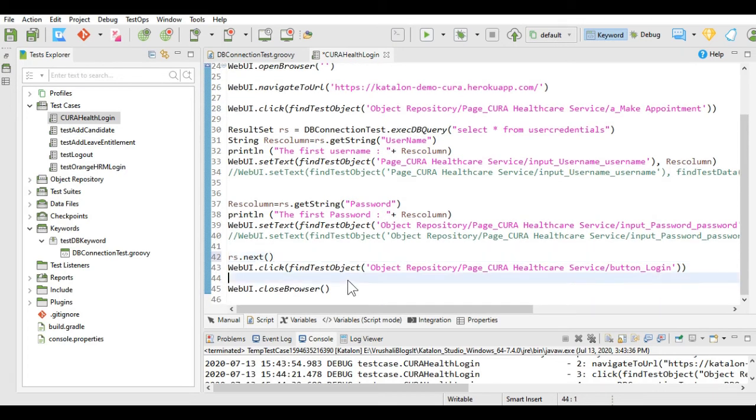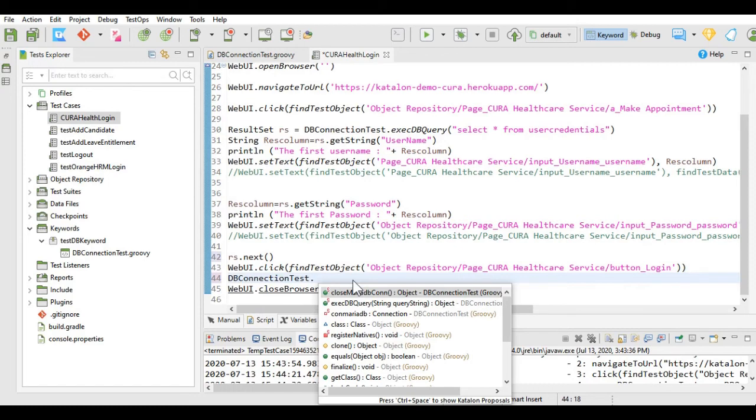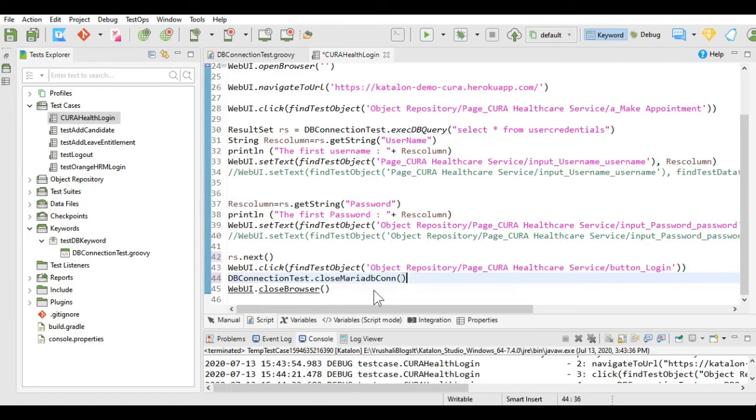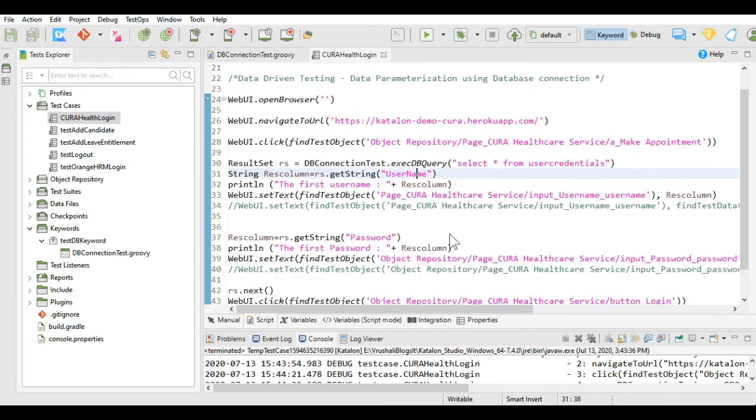And to close the connection, I will give the command db connection test, that is our keyword, dot close MariaDB connection, and this will close our connection after logging into the application.